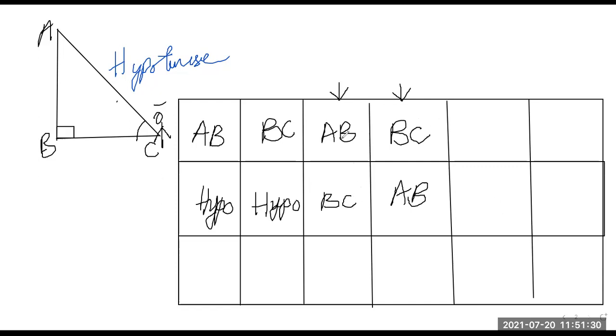तो अब numerator में कौन सा नहीं आया? Hypotenuse. So we'll write hypo here 2 times. Hypo numerator में आने के बाद denominator में क्या क्या आना चाहिए? AB और BC दोनों आना चाहिए. So I'll write here AB once and then BC once. So see, all these three sides have come two times in the numerator as well as in the denominator.